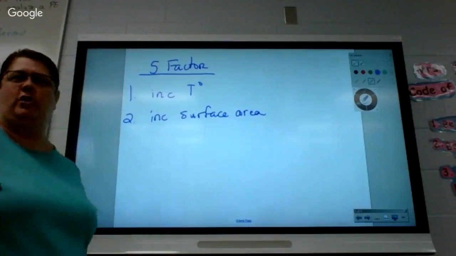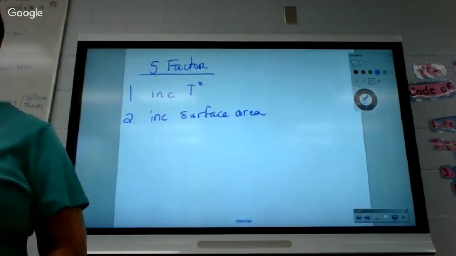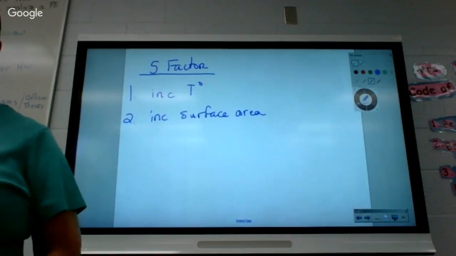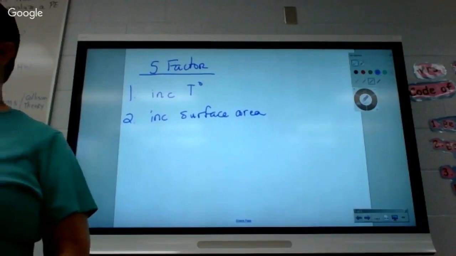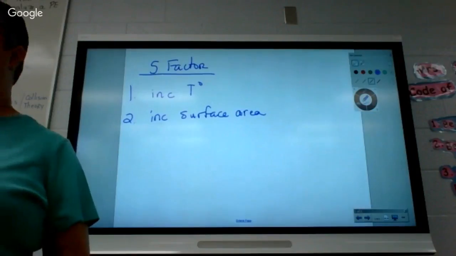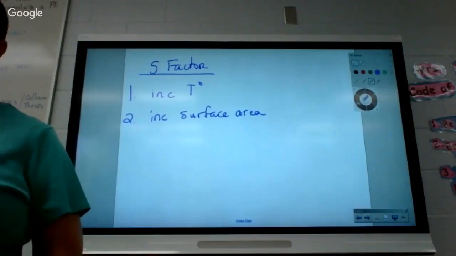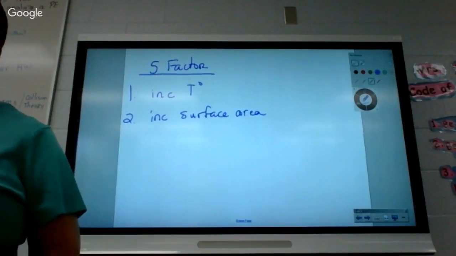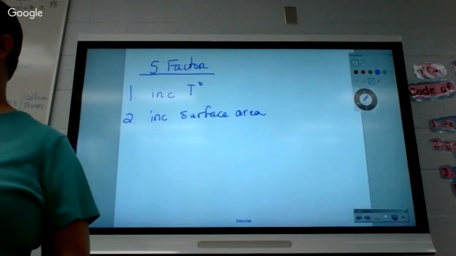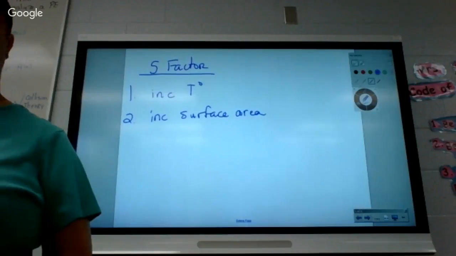One of the examples we talked about yesterday was, how many of you have used granulated sugar versus cube sugar? If you use cube sugar in coffee, a lot of people like to use cube sugar with tea if they serve it to people, because it's much neater to pick up cube sugar to put in something than granulated. If people have to scoop granulated sugar into a cup, what happens? It spills all over the place. It makes a mess. But cube sugar, it's nice and dainty. Pick up a little block, stick it in your tea. You don't make much of a mess with that if you're serving it to people.